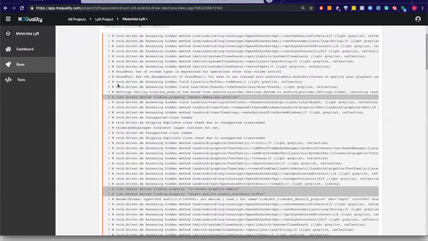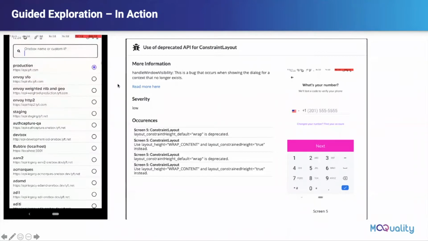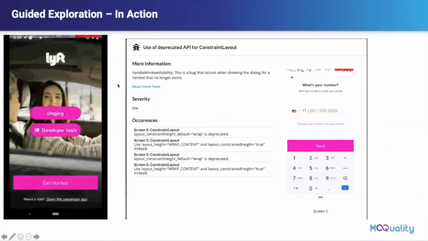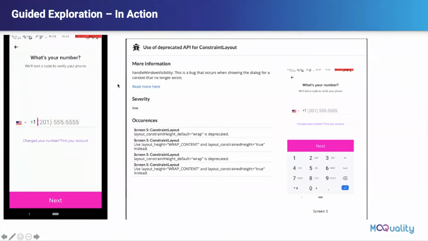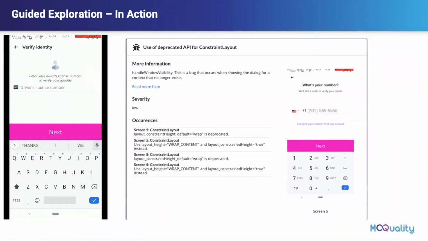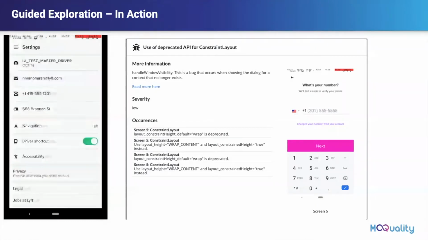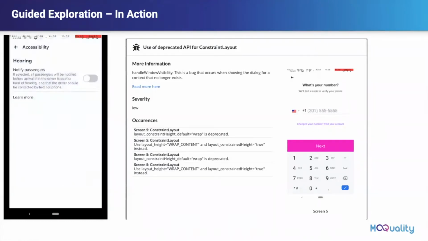Right, this looks great. I'll pause here and ask the audience if they have any questions so far on the product or about exploratory testing. You can put your questions on the chat. Okay. So,